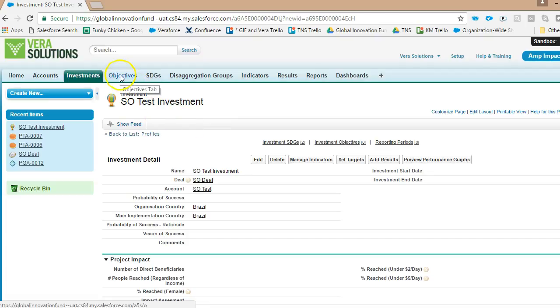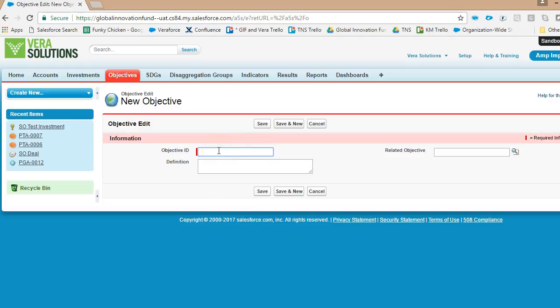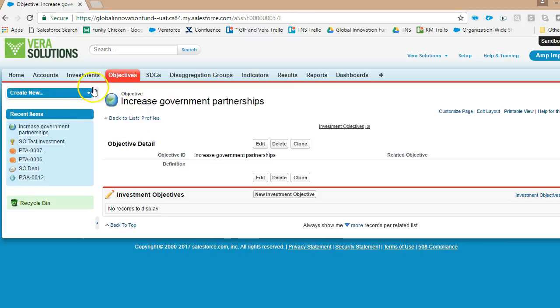Next, we'll create objectives for our investment. We'll click the Objectives tab and click New. In the Objective ID field, we'll input the name of our objective. In the definition field, we can choose to give more context about it. We can also relate it to another objective, or click Save. We'll go back to our investment